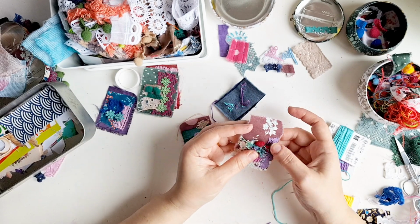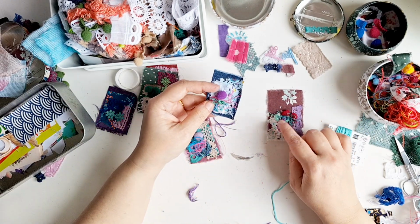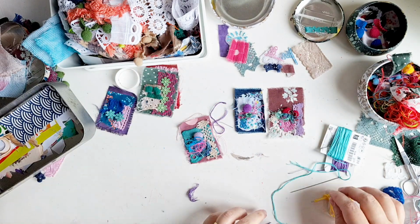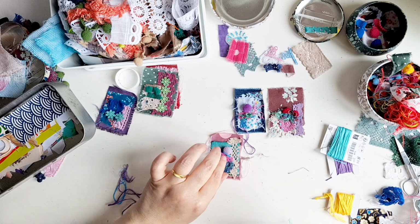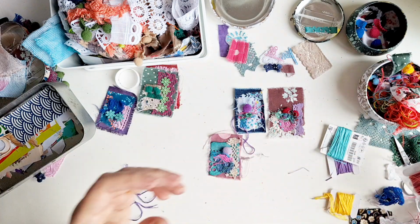Have done some stitches here, but not with this color, maybe another color. And let's move on to the final one. So for this one, maybe a blue, a dark blue, some